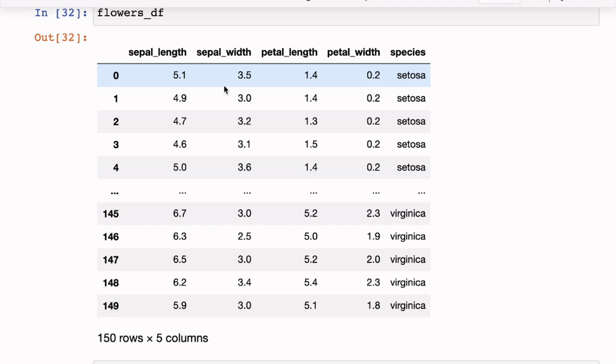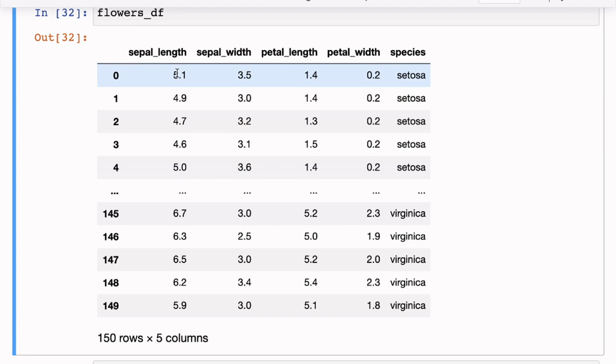Currently, by looking at just these numbers, it's hard to tell. You may have some idea that, okay, for 4.9 the width is 3.0, but for 5.1 the width is 3.5, so there seems to be an increase, but the relationship seems to be different here. Like the width is higher for flower 2, but the length is higher for flower 1, right? So it's not very easy to tell the relationship.